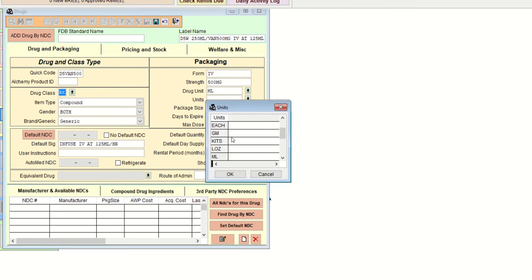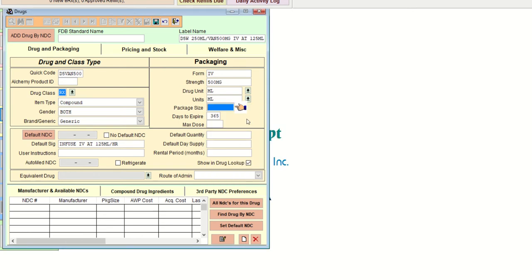Just change them all to mLs to make our lives easier. Final bag size, step 14 on page 196, is 250. So for the vancomycin, we're going to use the supply, but for the IV bag, we have to have the exact size, 250. The lab wants 14 days to expire,